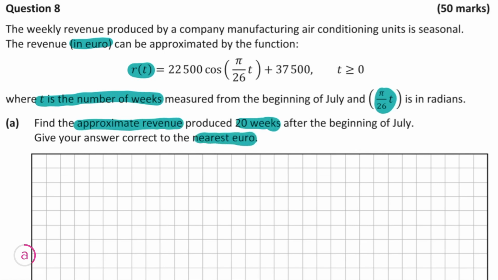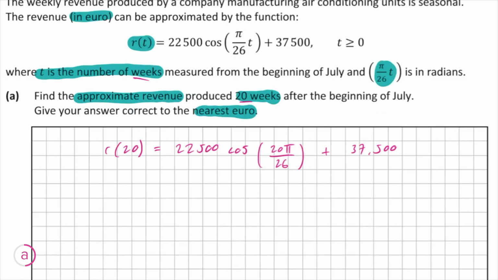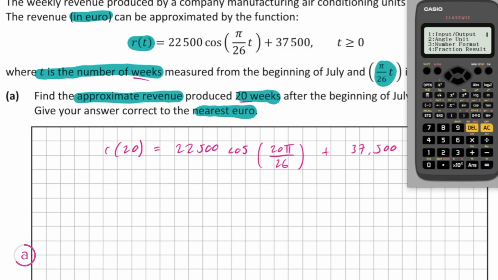Because T is measured in weeks and we're given the number 20, we're just going to plug in 20 for T and see what we get. So when we sub in 20 for T, we're going to get 22,500 cos(20 pi over 26) plus 37,500. At this point, it's easy to just plug this into the calculator rather than try and simplify this anymore. One really important thing is to make sure that you change your angle unit to radians. However that works in your calculator, just make sure you do that. And the answer you're going to get